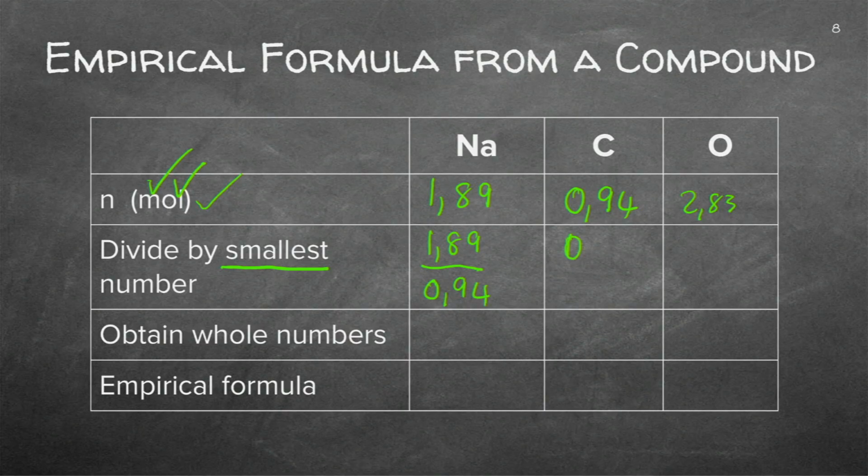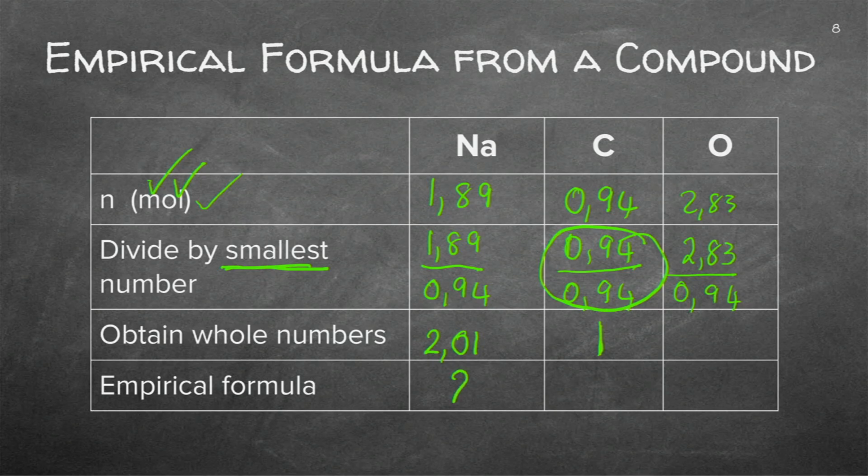Now, why do we divide with the smallest one? I'm just going to do that so that you get round whole numbers. Can you see? Immediately this calculation gives me a value of 1. And that's the purpose for dividing with the smallest number. Now you're getting whole numbers. This one will be 2.01, which we could then calculate to be 2. This one is 1, and if you do this calculation, you'll get 3.01. If we round that, that's 3.